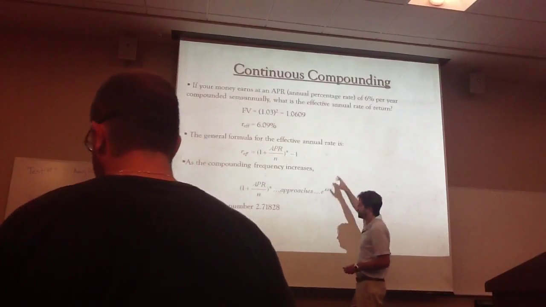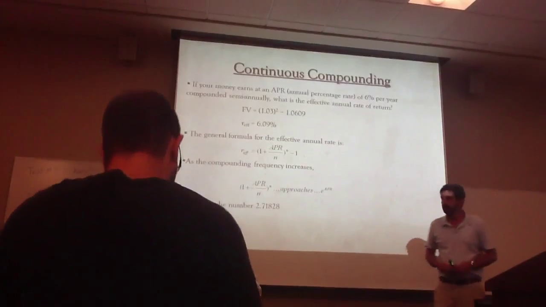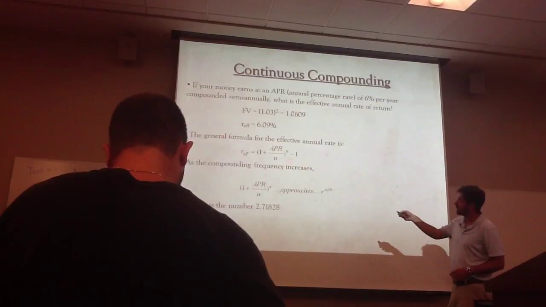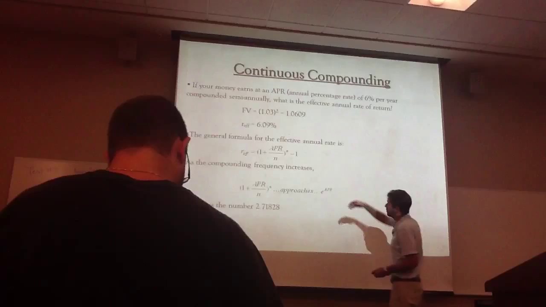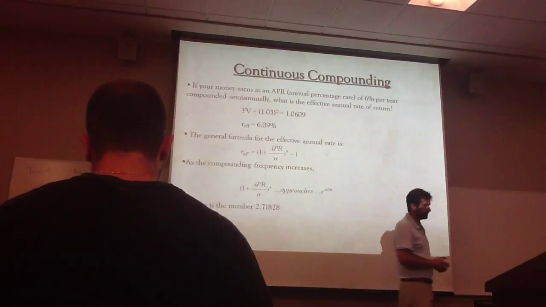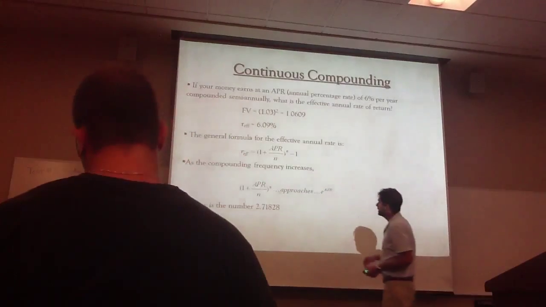The general formula for getting the effective annual rate is we take the APR, divide by the number of times that we're going to compound it, then we actually compound it by adding 1 and raising it to the exponent of the number of periods, and then subtracting out the 1. As the compounding frequency increases, so as